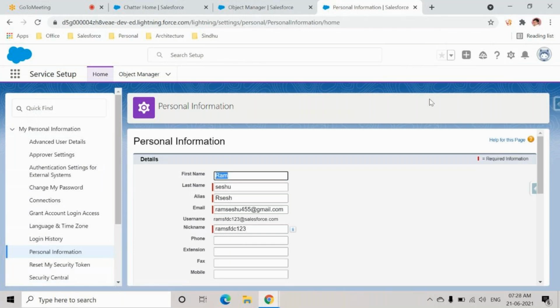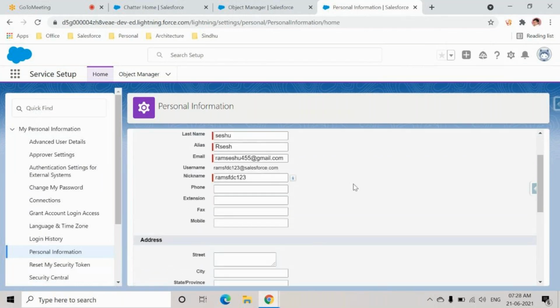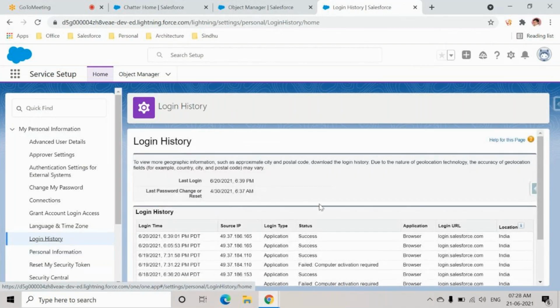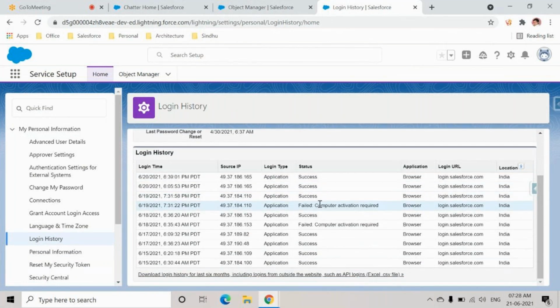The next thing is if I want to change a couple of details, then I'll go with my settings. This one I can do even if I'm not a system admin. If I want to change anything like my email, name, all these things, I can change it as an end user itself. Or if I want to see my login history, how many times I have logged in, I'll just go to the login history. I can see the number of logins that I have done. And one thing you can note here is the time and IP address, which is very important. If I'm showing this IP, it means that more or less my admin can figure out my location, because I can see the location.